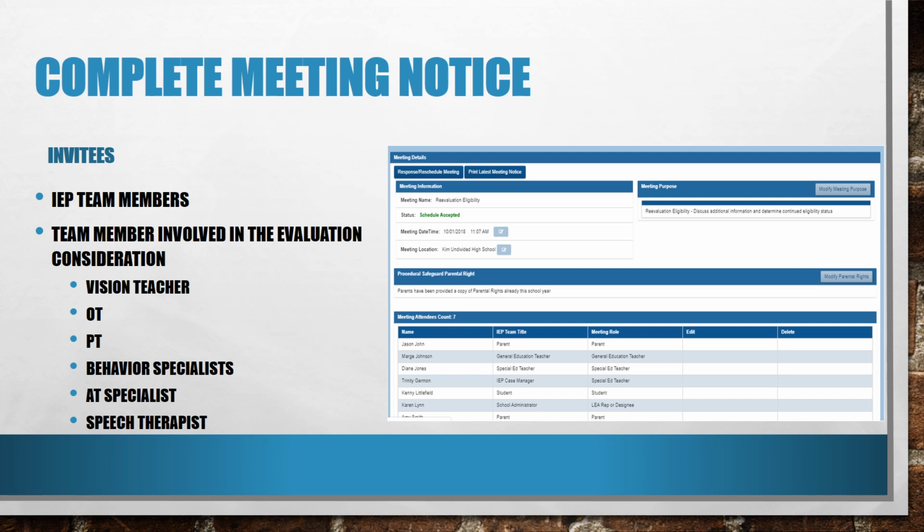Completing the meeting notice on the Meetings tab in GO-IEP is the next step. As the purpose for the meeting is to consider evaluation, parental rights must go home with the parent notice. Ensure all correct team members are outlined on the invitation. At this point, if another area for evaluation is being considered, that team member must be invited to the RDR and involved in the evaluation consideration process. As this referral may involve a new team member, the case manager may need to refer back to the Team Members tab and add the new team member to be able to include them on the parental notification or meeting form.